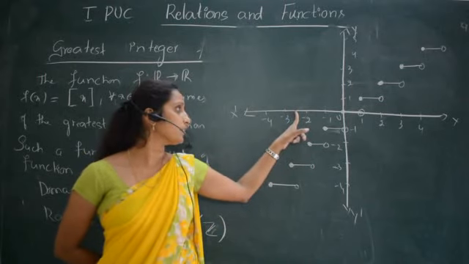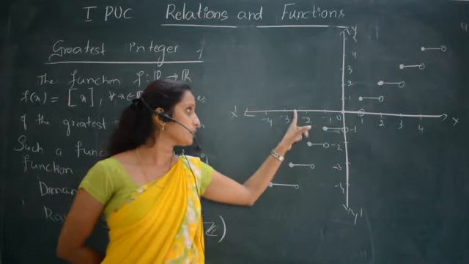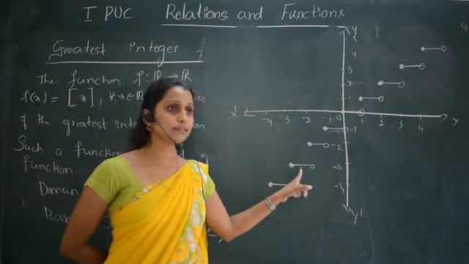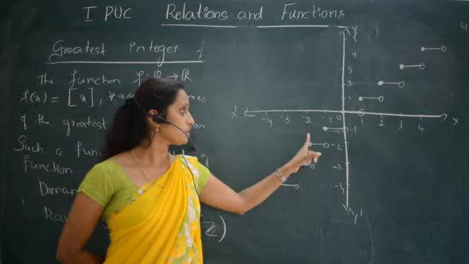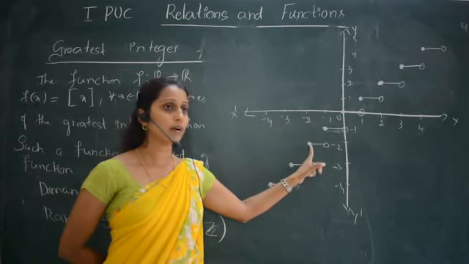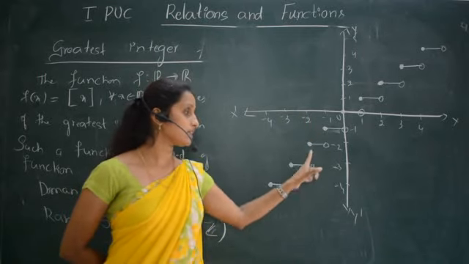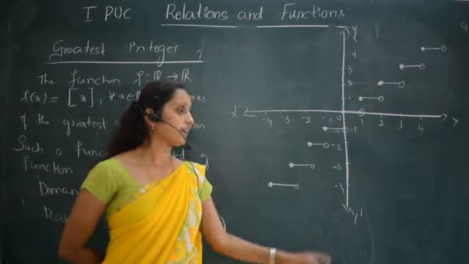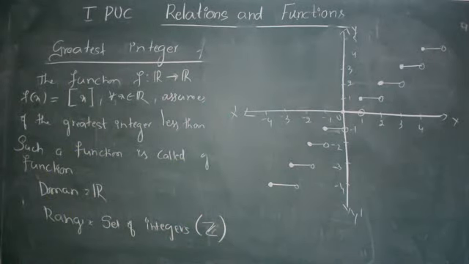So the lesser integer is what? Minus 3. So I have marked here, minus 3, for minus 2.3. So when I go for minus 3 only. When I go for minus 2 only, I have marked here. But here I have excluded, because when I take minus 2 is the answer, minus 3 is not. So it is excluded. So this is the graph of the greatest integer function. So domain and range also we have written. So this is about the greatest integer function.